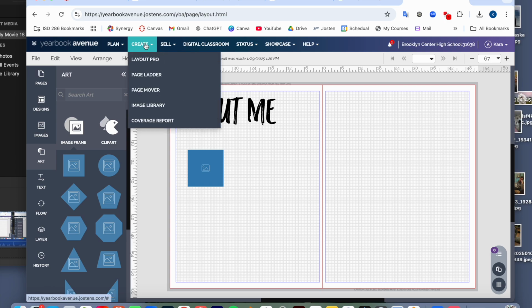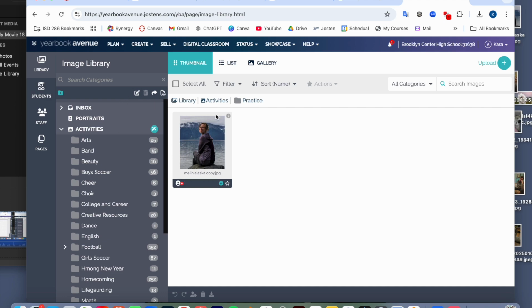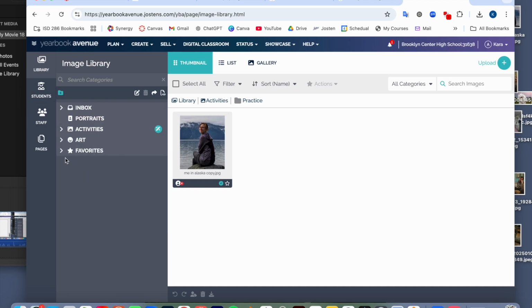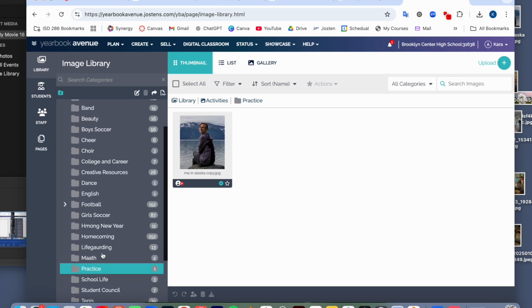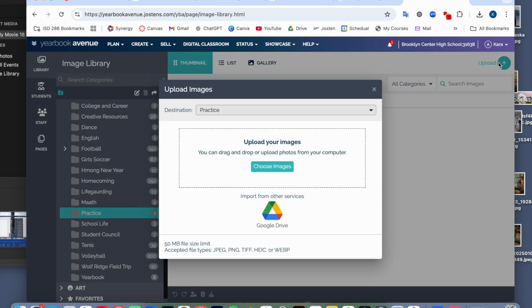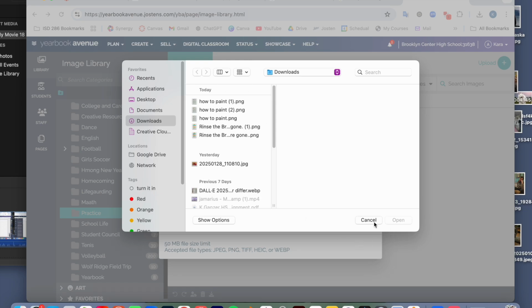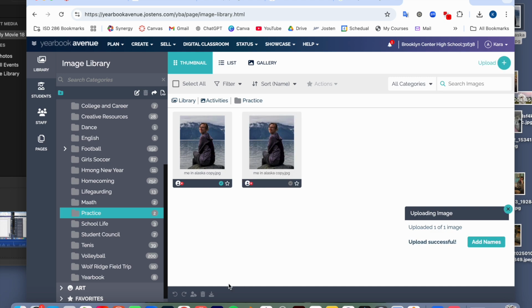We're going to come back up here to create. We're going to go to our image library. Again, there's the picture of me that I'm going to show you how to put in there. Yours is going to look like this. We are going to go into activities. This is where all of our pictures are. We have created a folder just for practice. You're going to click on practice and you're going to be able to upload, and you can either choose image and go find it from the computer, or you can drag images